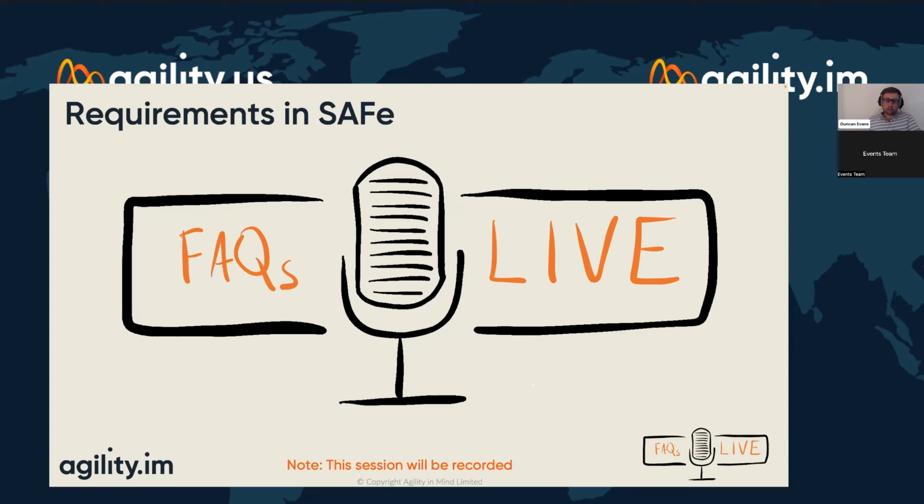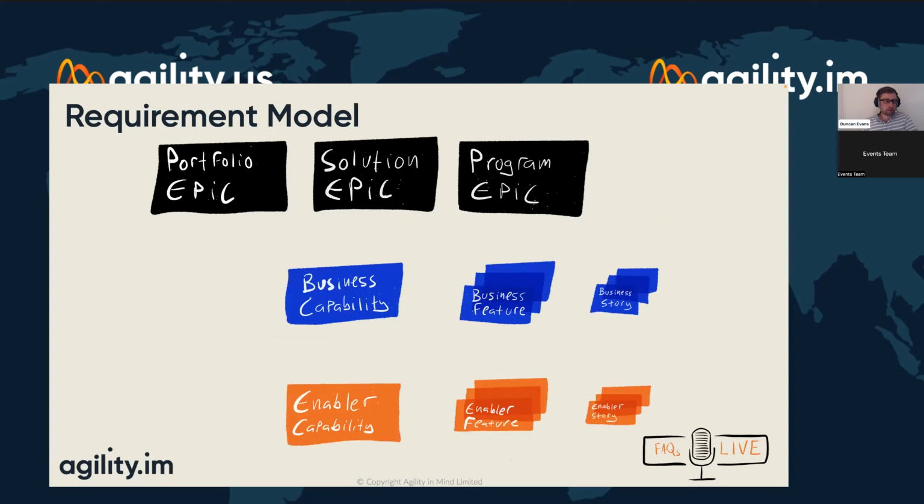Let me talk first of all a little bit about the logistics for the day and how we're going to run the webinar. So the topic is requirements in SAFe. I've prepared for you a bit of a presentation on the different sort of elements of requirements in SAFe. Good. So this is what we're going to be looking at today, the requirements model in SAFe, the Scaled Agile